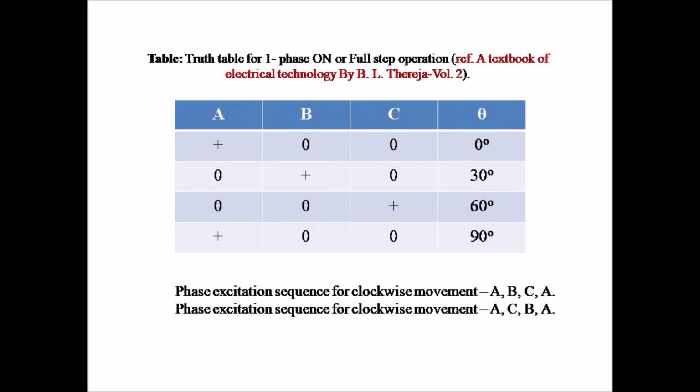the rotor turns in clockwise direction. The direction of the rotation of this motor can also be reversed by reversing the sequence of switching the phases, like phase A, then phase C, then phase B, and again phase A. Direction of rotation depends only on the sequence in which phases are switched and is independent of the direction of currents through the phases.